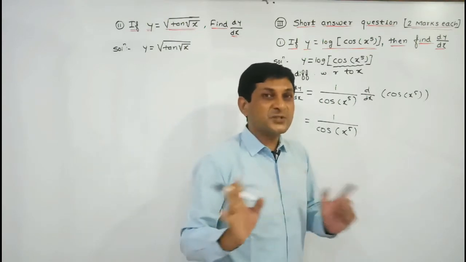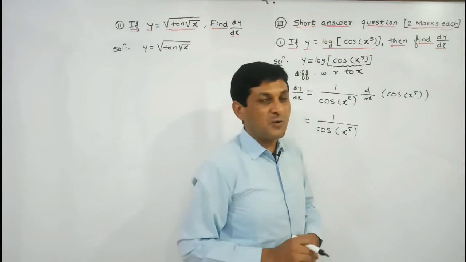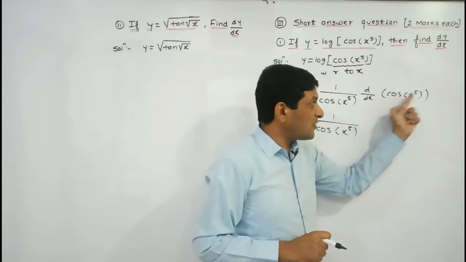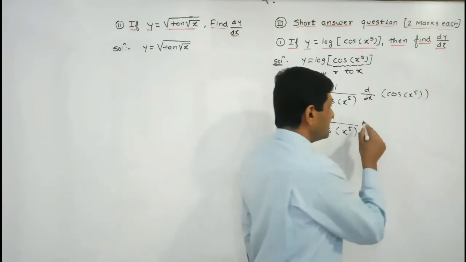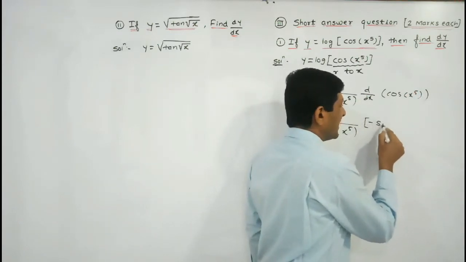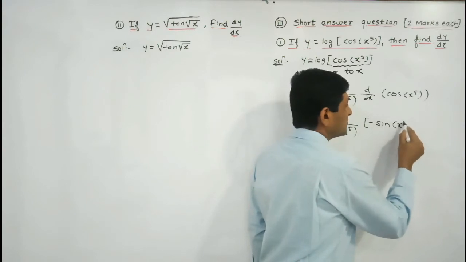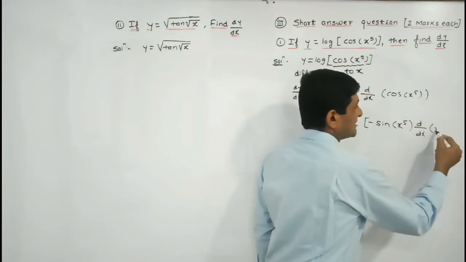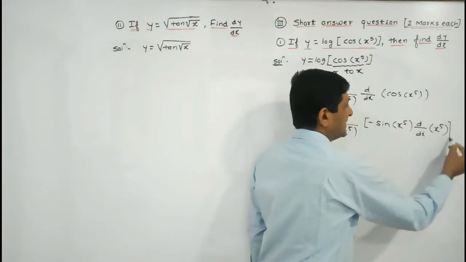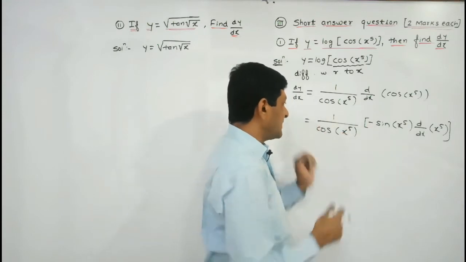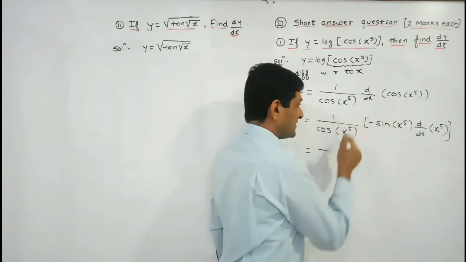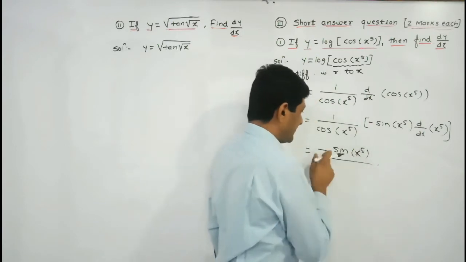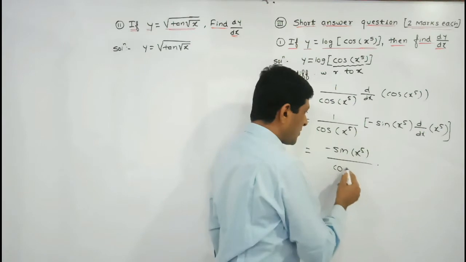To differentiate it, first we have to observe that the function is in the form of which standard formula. So here we can observe that this function is in the form of cos f of x, and the derivative of cos f of x will be equals to minus sin f of x. f of x is what? X raised to power 5 into derivative of f of x, where f of x is nothing but x raised to power 5 here, isn't it? So now minus into plus will become minus. So here first write down sin x raised to power 5, and in the denominator write down cos x raised